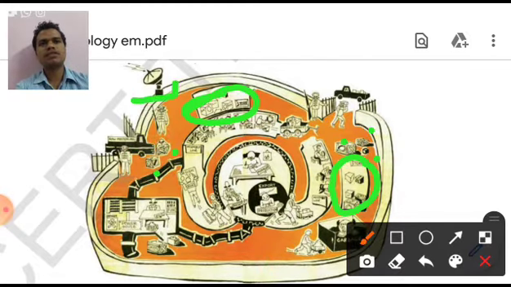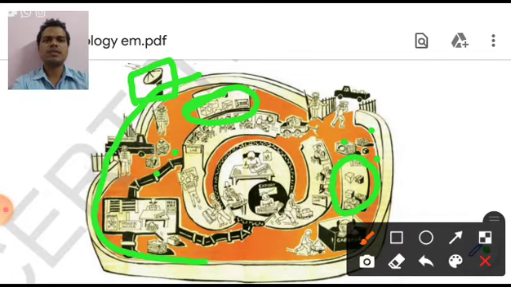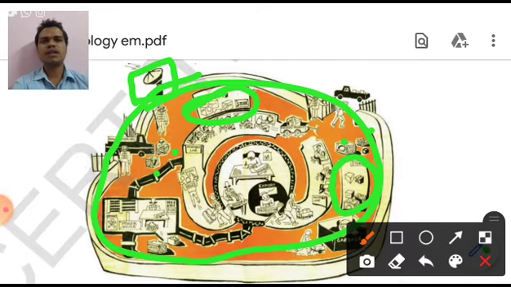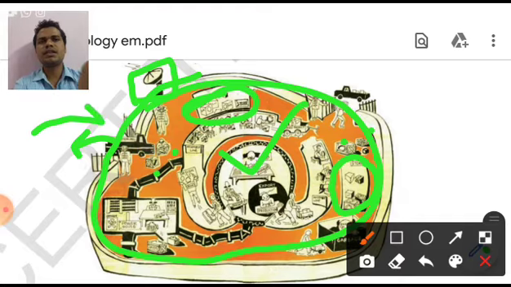And at the same time, as you see, an antenna here. What is the use of this antenna? An antenna either receives the information or sends the information. Now what is this indicating? Where is it present? It is present on the cell membrane. That is, the cell membrane is not only protecting, not only allowing some substances inside the cell, and not only sending the waste material out of the cell, but it is also helpful for passing information from one cell to another cell. If this cell is facing any problem, then this problem should be communicated to other cells, or otherwise if any cell is suffering something, then it will receive the information.